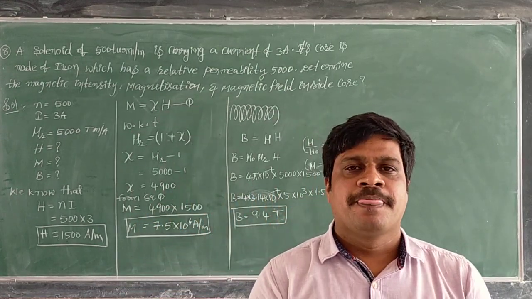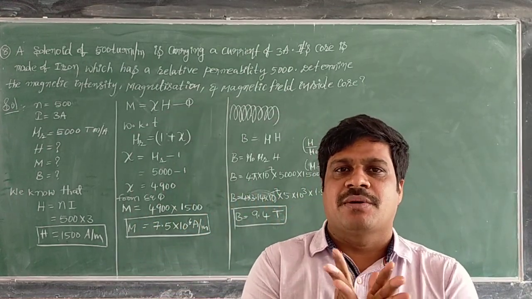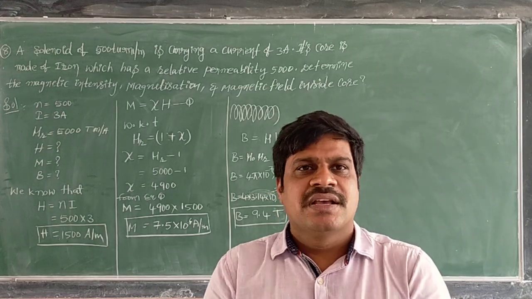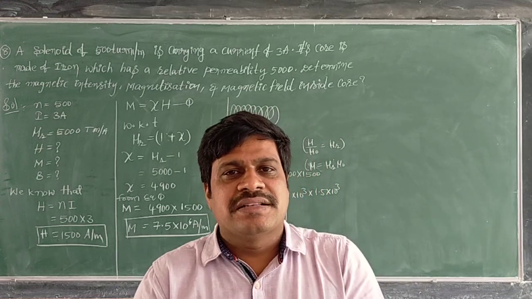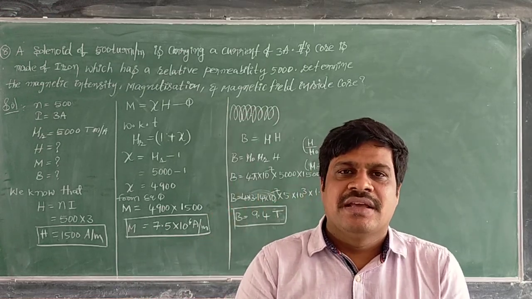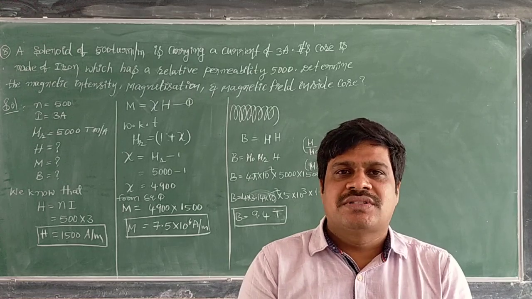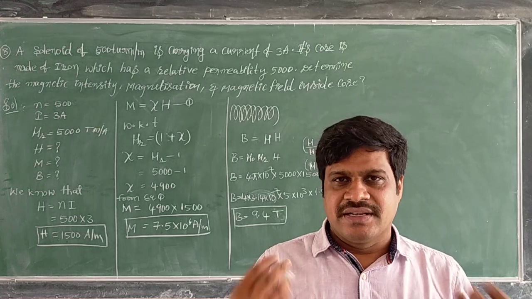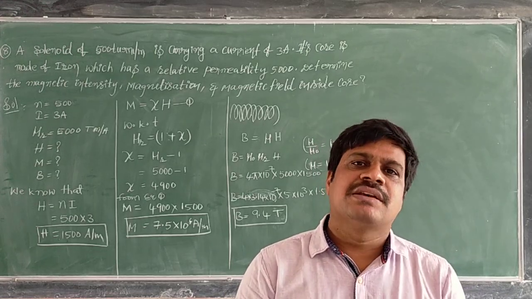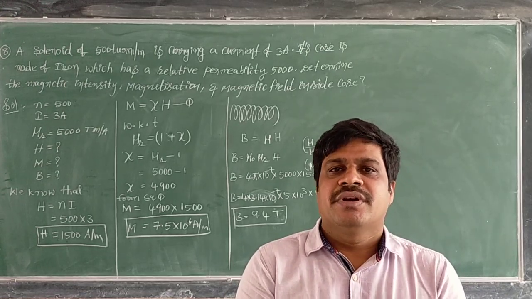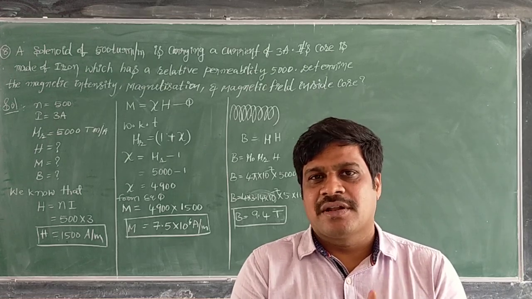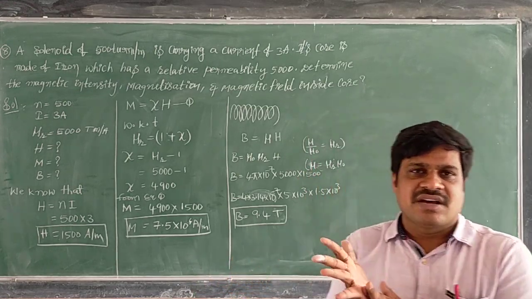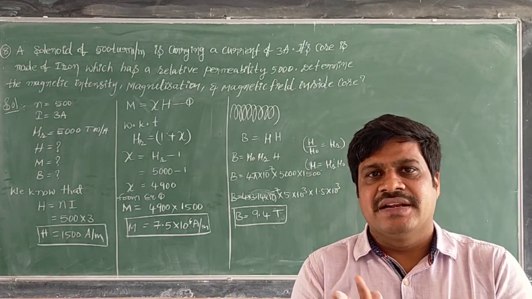From this problem, most of the 60% of the chapter has been deleted. Because of that, we have completed this very soon. In this one, magnetism and matter, a second video has been given. In the second video also, those three derivations are there. The second video you have to completely bifurcate. That is also not there in the PU syllabus, but for CET and competitive exams, it is very important. While I am giving the notes, I will mention it there. Problems are completed from this chapter because most of the portion has been deleted.